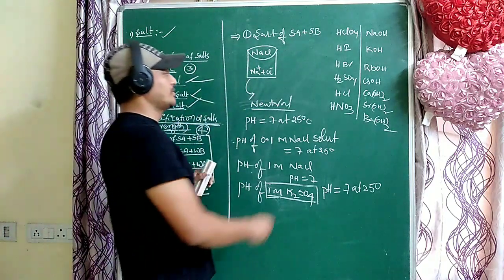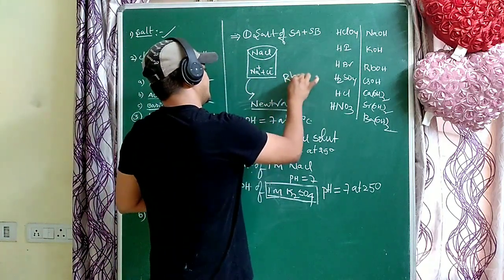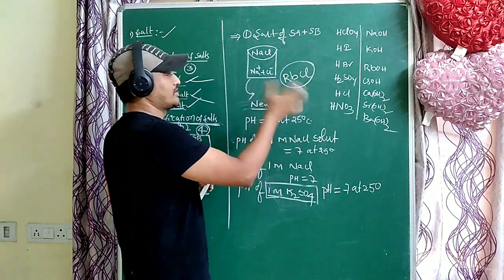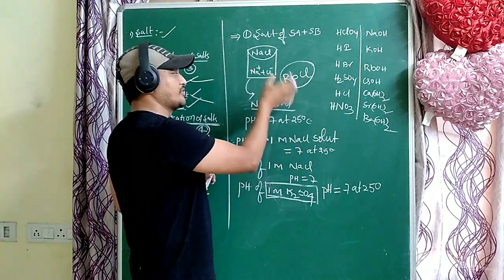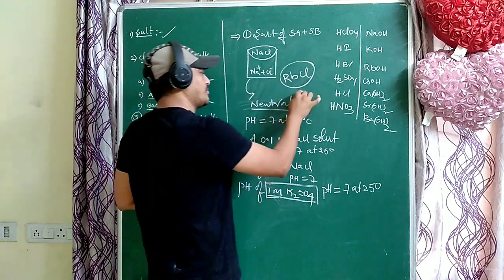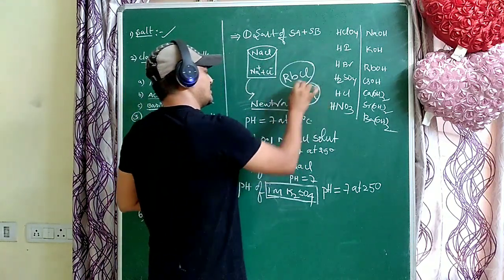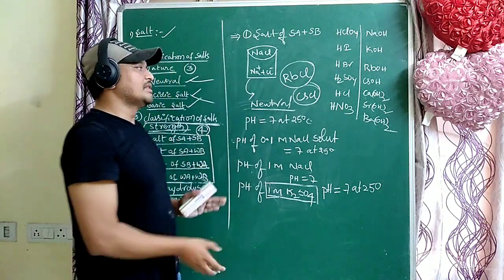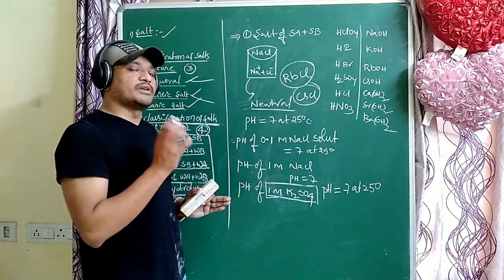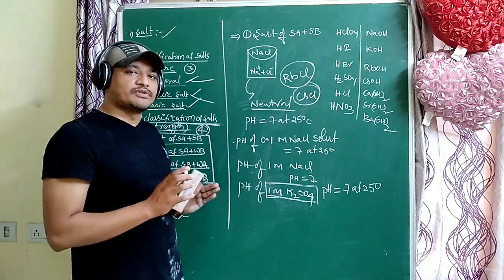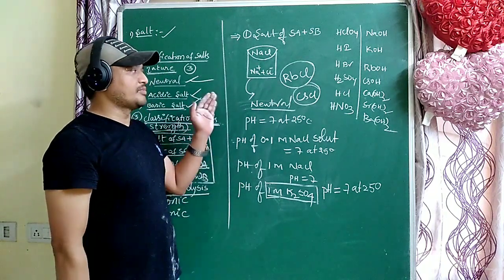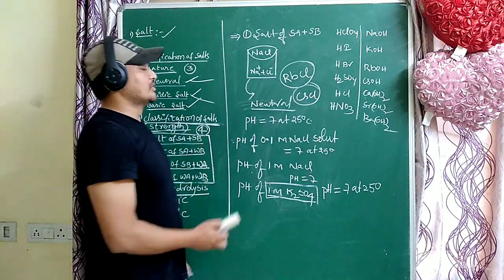For example, RbCl aqueous solution, what is the nature? Neutral. Why? Because that salt does not hydrolyze. What is the pH of the solution? 7. For example, CsCl, the salt does not hydrolyze. Why? Because it is prepared from strong acid and strong base. Those ions are very weak, so they do not react with water. The aqueous solution is neutral, pH value is 7. So this concept is very important. Next, go to